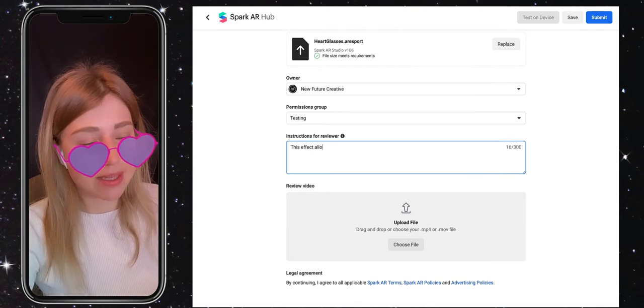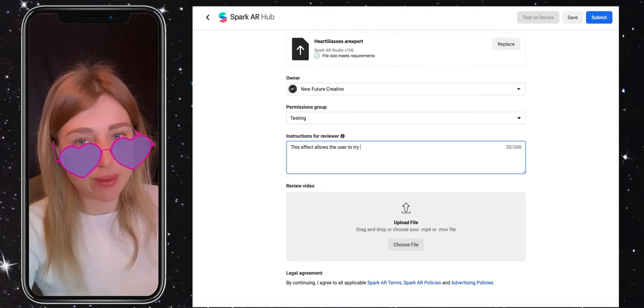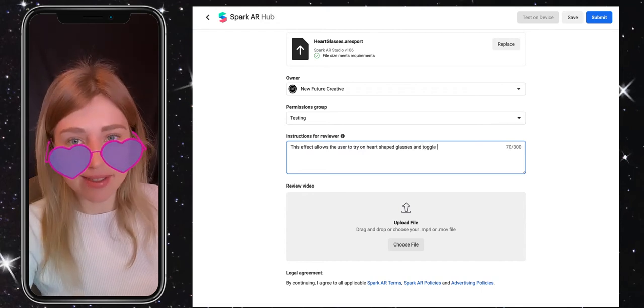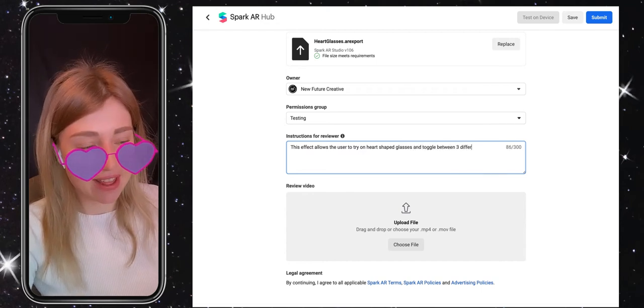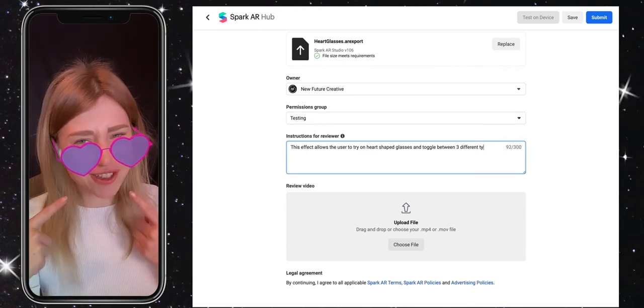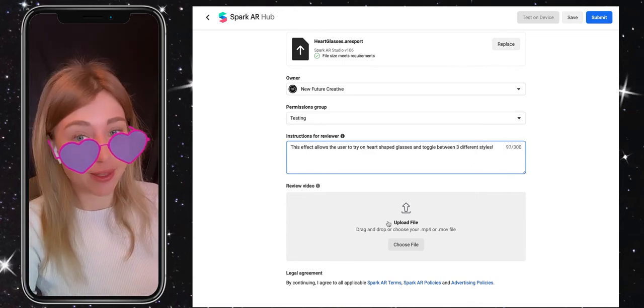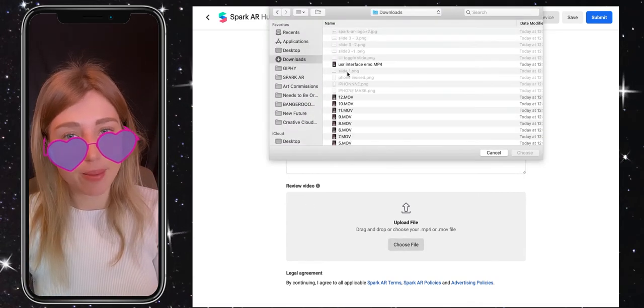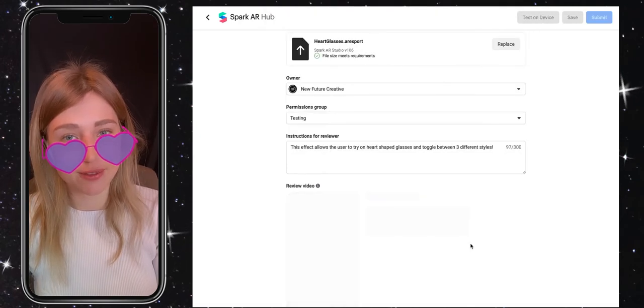Next, you're going to want to add some instructions for the reviewer who's going to be reviewing the effect. And this is basically just what the effect does. So for this purpose, we're going to say this effect allows the user to try on heart-shaped glasses and toggle between 3 different styles. The next step is to upload a video of someone using the effect for review by